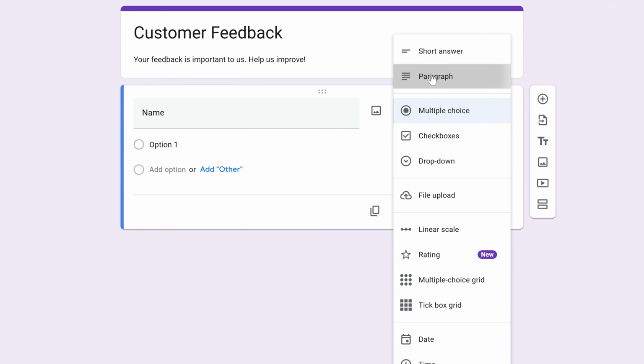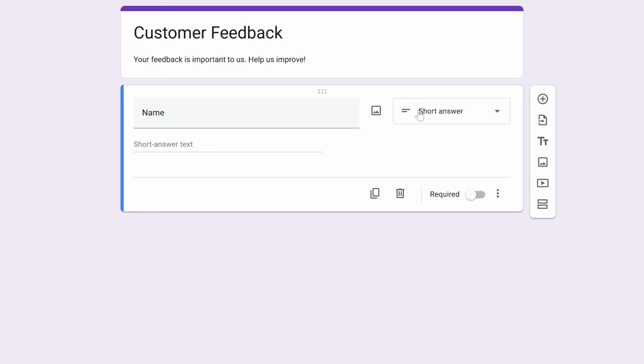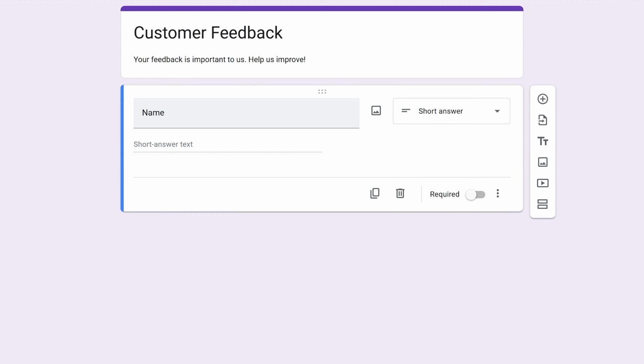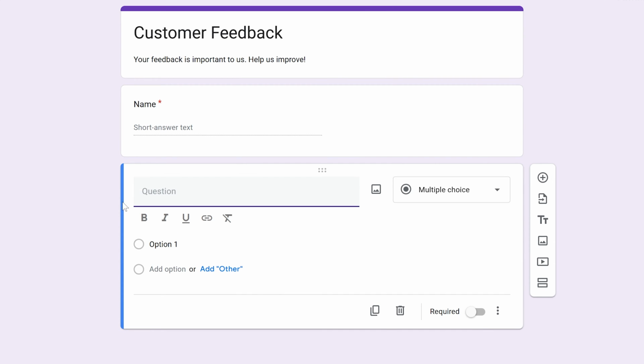Now from this drop-down menu, pick which type of answer you are looking for. For my example here, we are expecting a short answer for their name. You can switch on this required toggle if you want to make a field mandatory or required to be answered. Once you are done creating your first question, you can click on this button with the plus icon to add